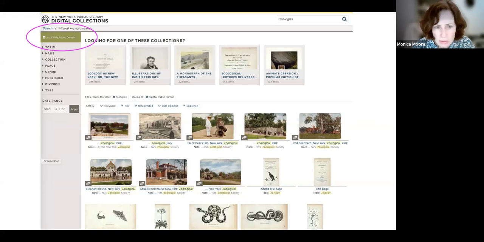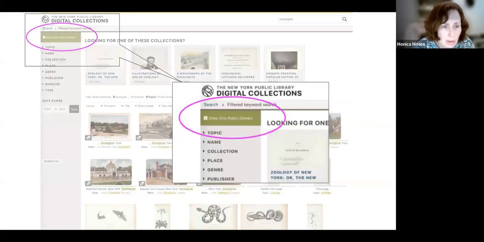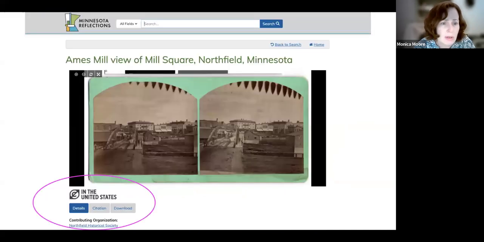Let's go, I think, to the next slide. We might get a closer look. So yeah, if this is difficult to see in the previous slide, the pop-out here shows you that show only public domain as a checkbox can also be applied, and it's going to obviously pull anything that has a rights statement applied that meets this criteria. So next slide. So we'll jump into another example here.